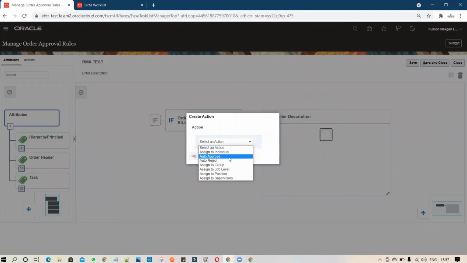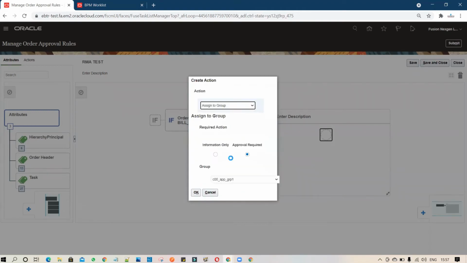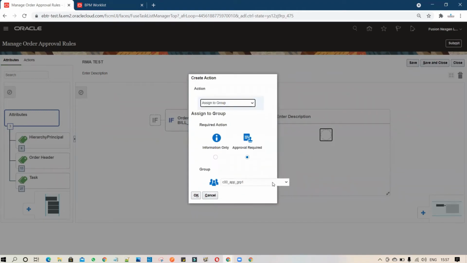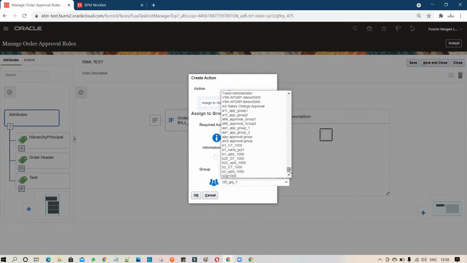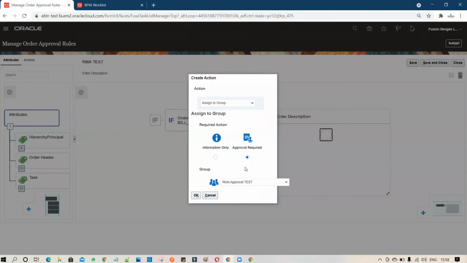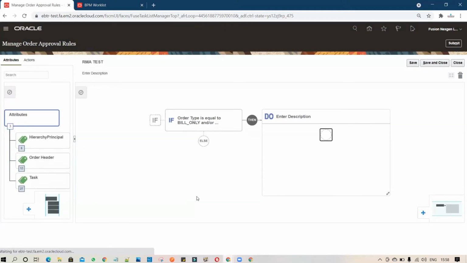You can set that if you want auto approve, auto reject, assign to group. So I'm setting up, it has to assign to the group. And yes, I selected the RMA approval test group. Click on OK.